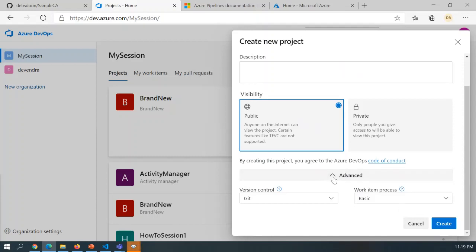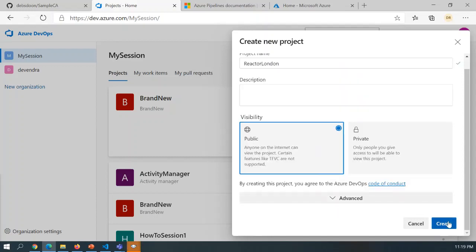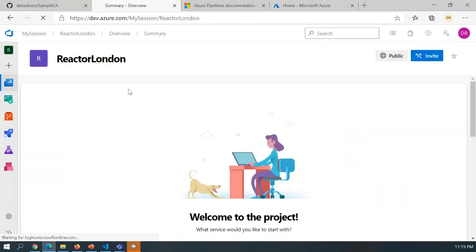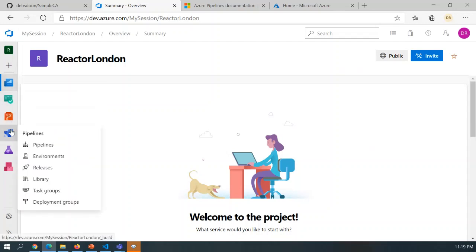Okay, this is version control, work item process. This is something which you don't need to understand for now. These are advanced things. So I'm just creating a project. I named it. Okay, create a learning project. So now, as soon as I create this project, you will see that here you will get